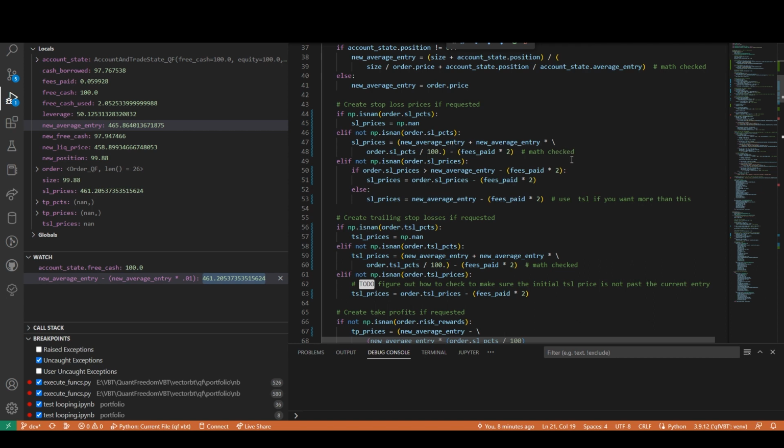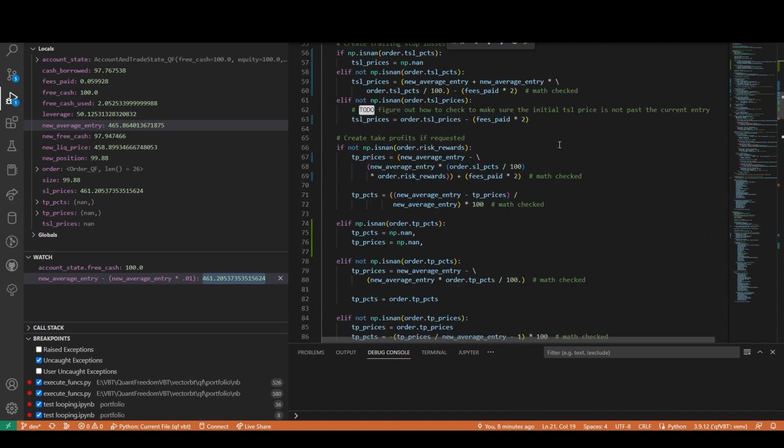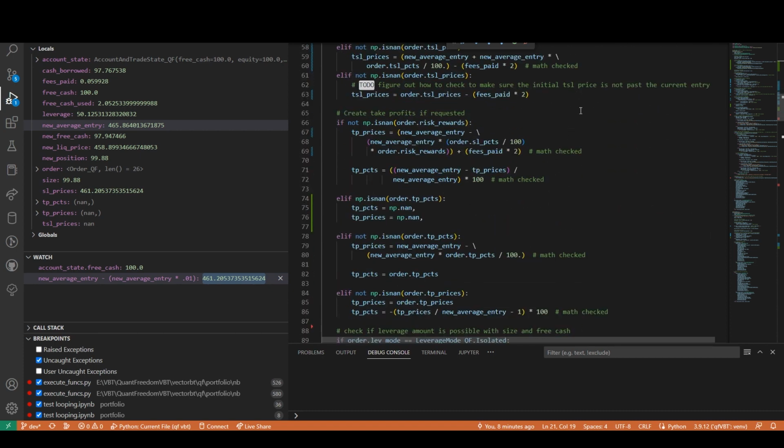So you subtract. And I think that's the same thing for the take profits. So if the price is coming down and you take profit here at 500, you actually want to